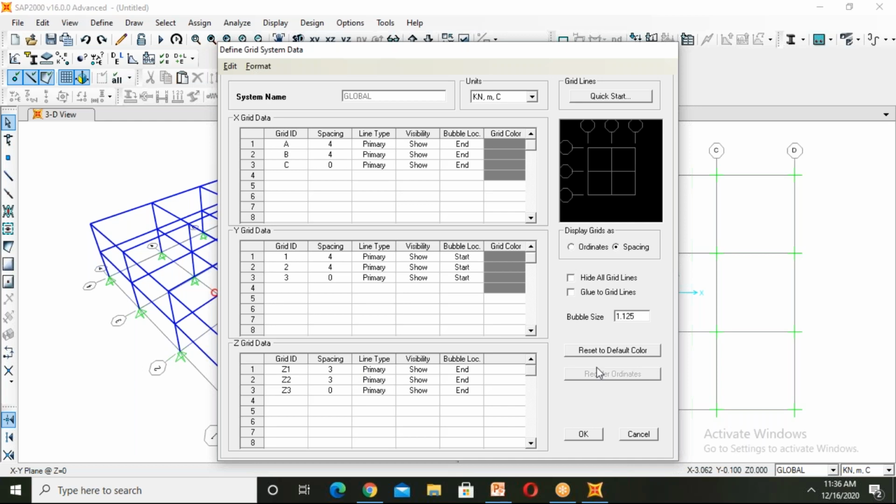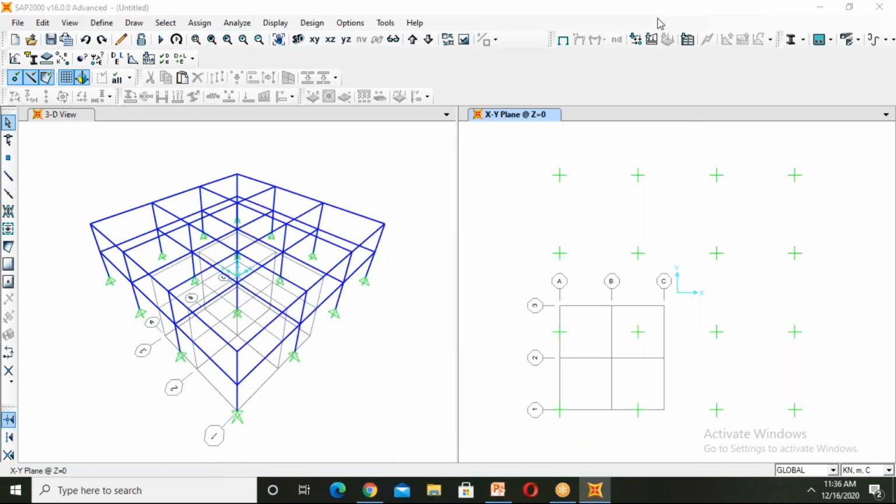I wanted 2 by 2 story. So I click on OK.